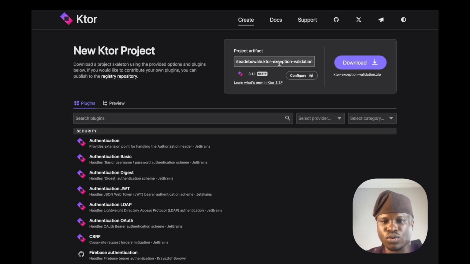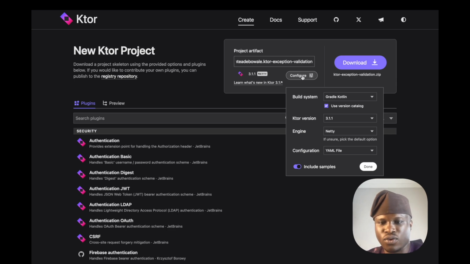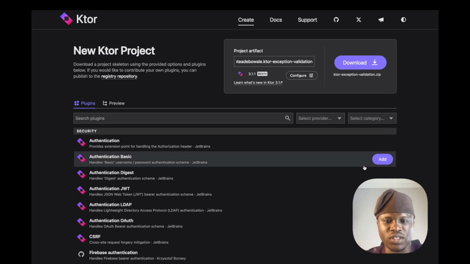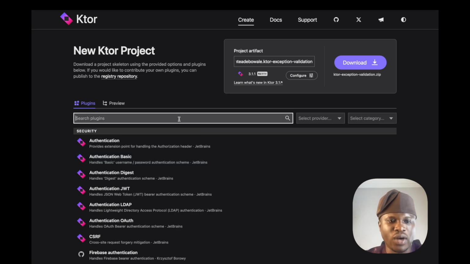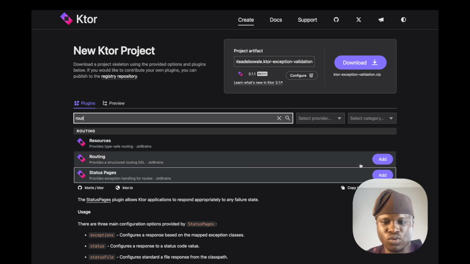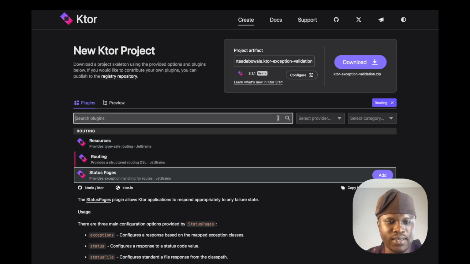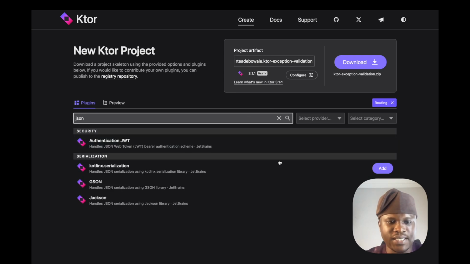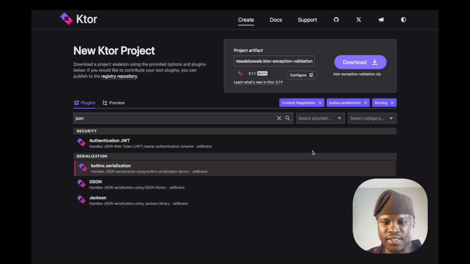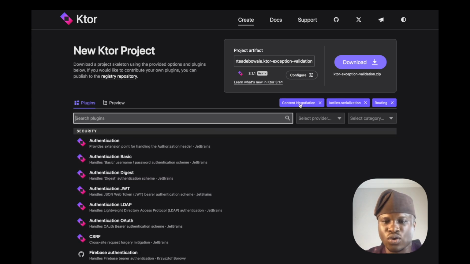I've changed the name to Ktor Exception Validation. For configuration, we'll maintain the default configuration. Uncheck this, so we'll get everything from scratch without any sample code. Then we're going to add the necessary plugins. We're going to have a routing to handle our endpoint. Then we'll add JSON as the media type we use coming from Kotlin serialization, and this automatically adds content negotiation